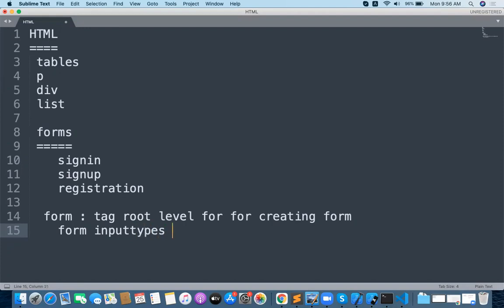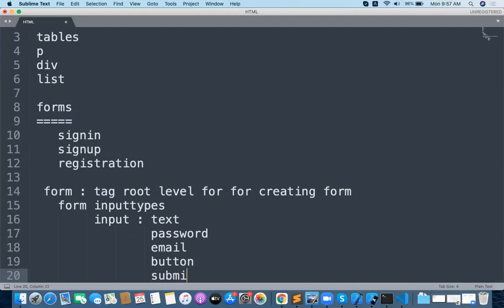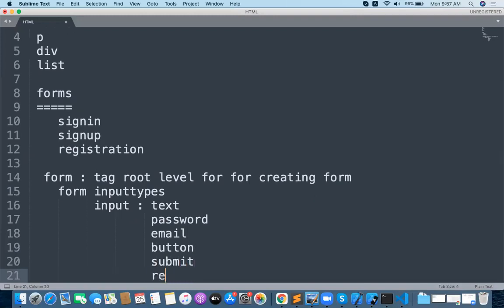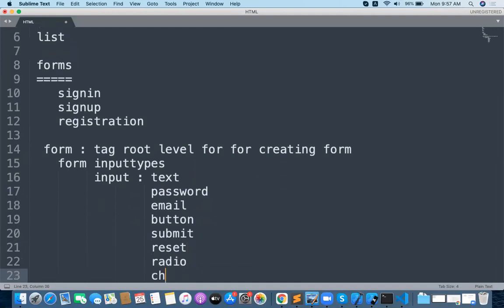A lot of form input types are available. I will tell you the different kinds of input types. Input type text is one type of input, password is one type, email is one type, button is one type, submit is one type, reset is one type, radio is one type, and checkbox is one type.